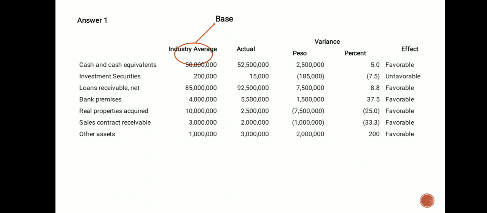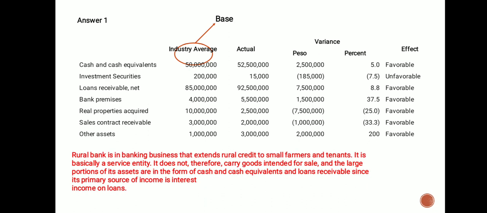So usually in other types of business, an increase in actual assets is favorable. But then in the case of banks and other financial institutions, it's completely a different thing. Okay, take note. A rural bank is a banking business that extends rural credit to small farmers and tenants. So it is basically a service entity. It does not therefore carry goods intended for sale, and a large portion of its assets are in the form of cash and cash equivalents and loans receivable,